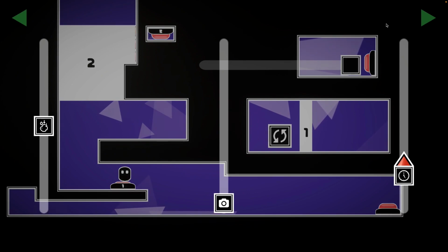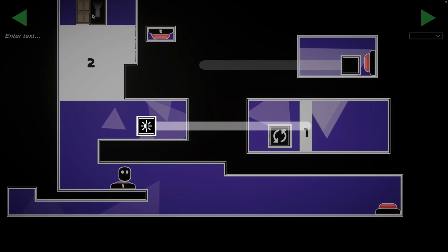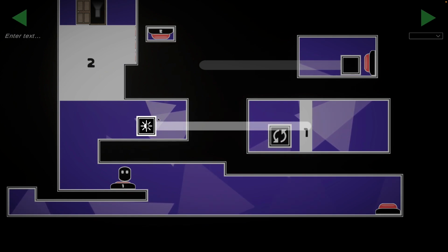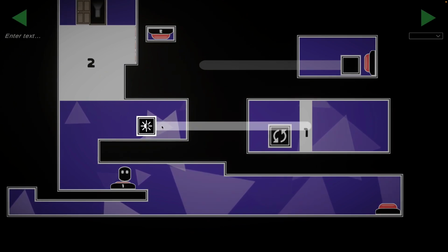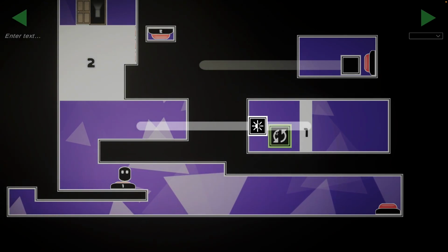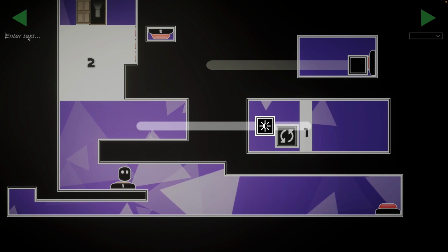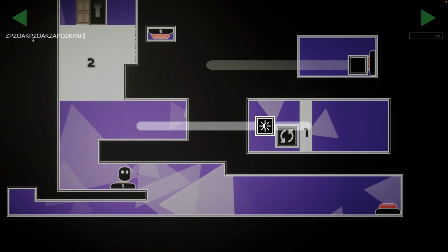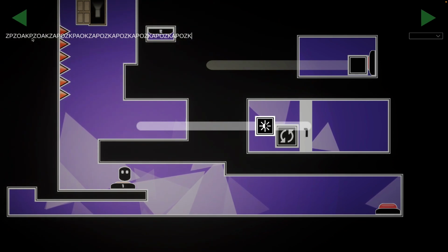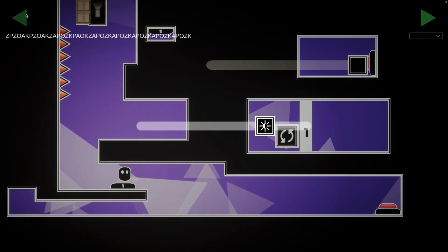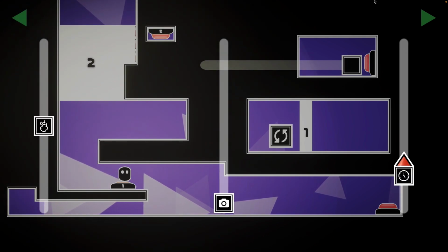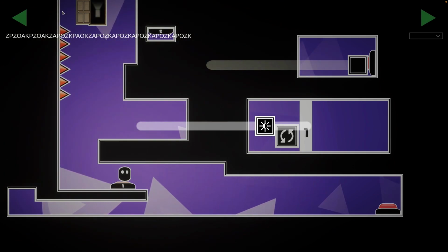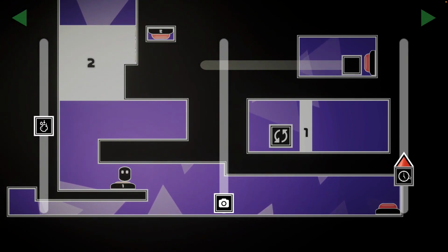So, if you haven't noticed already, the door only appears in the brightness menu, and it's up here. So there's two things you got to do here. First thing, you have to use the text to, well, actually you want to do that first. Got to use the text to push this, which will open up your way home. Of course, the text is now also blocking you. So you want this set up essentially. You want both of these to be pushed. And then you want to push this,